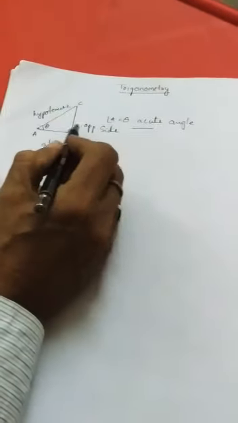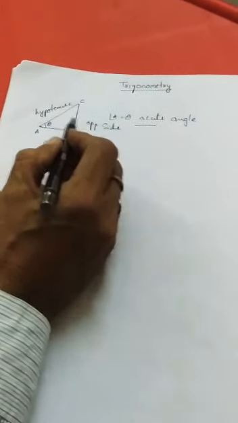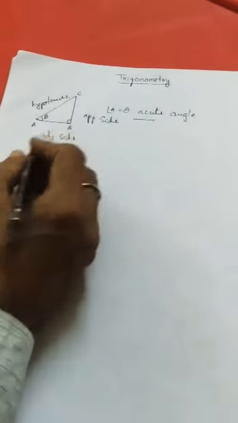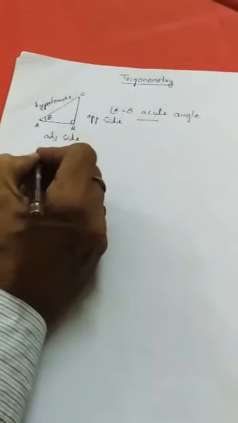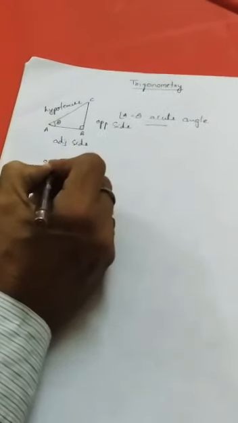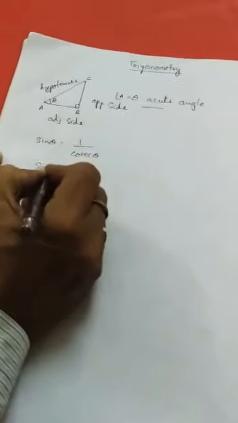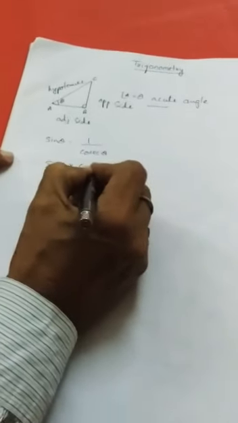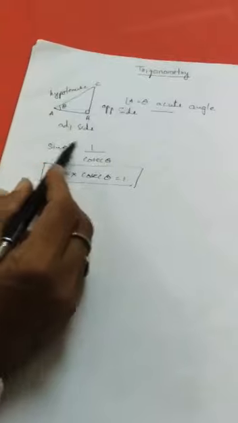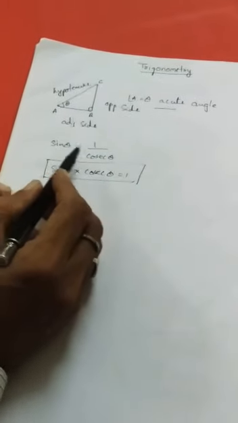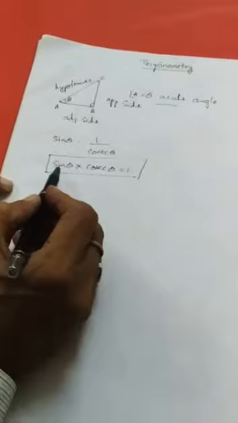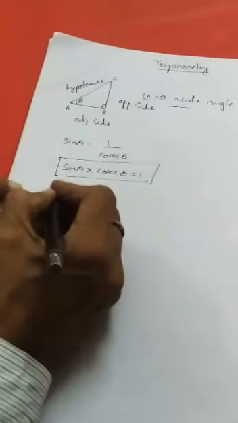So with the help of these three sides, yesterday in the video we made 6 ratios. Now yesterday we studied that sin theta is the reciprocal of cosec theta. Therefore, sin theta into cosec theta is equal to 1. When sin theta is the reciprocal of cosec theta, if we cross multiply, then we get sin into cosec is always 1.